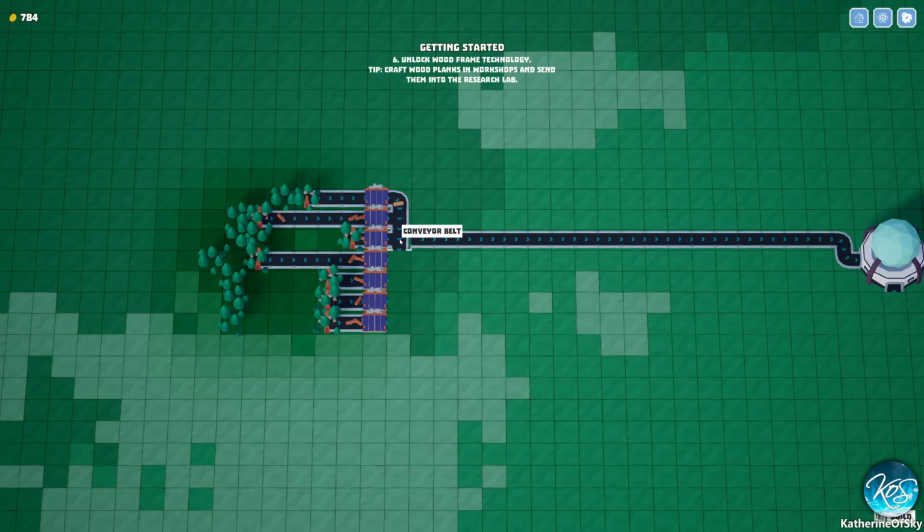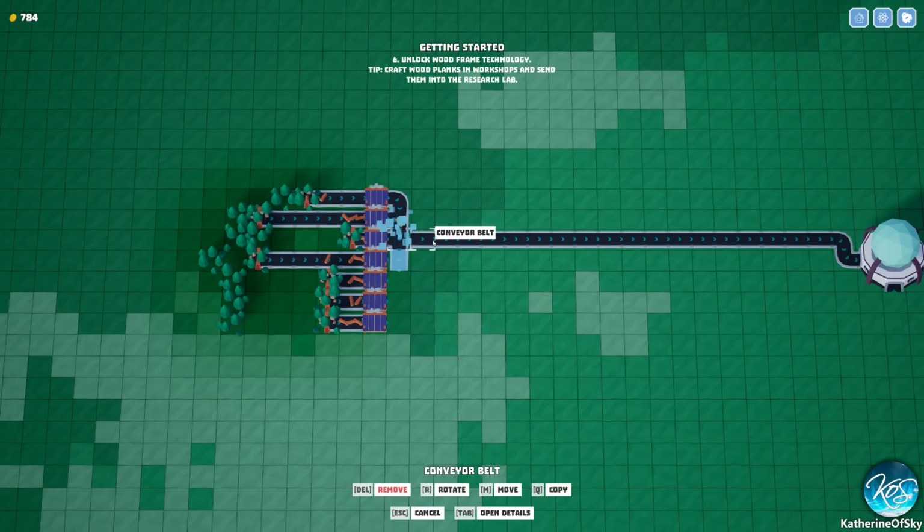So we'll make that happen. Rotate this, excuse me, to go that way. Oopsies. That way, thank you. And this one to go here. Now these other ones are not yet